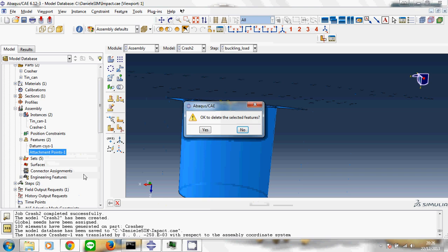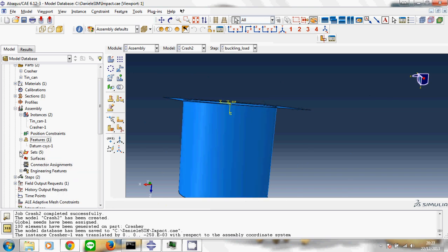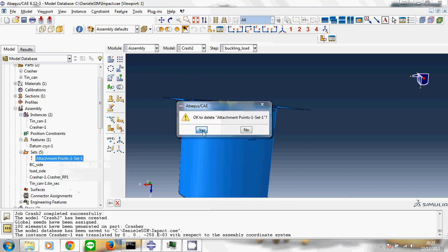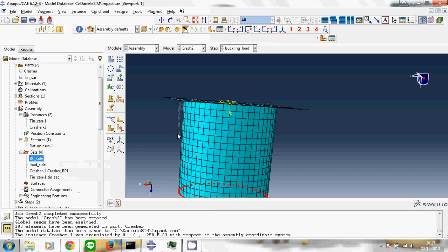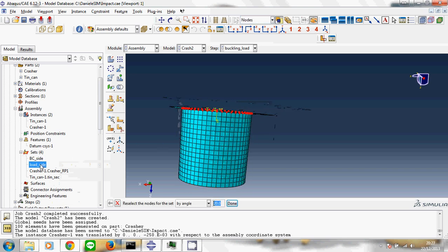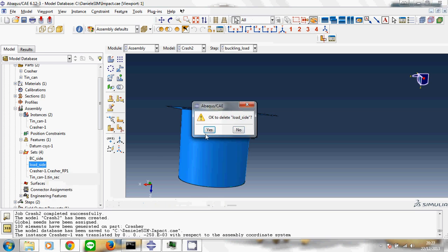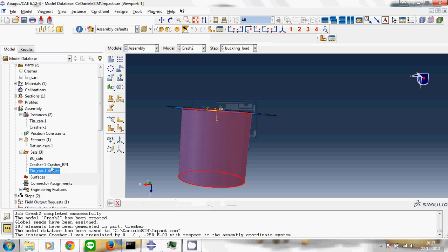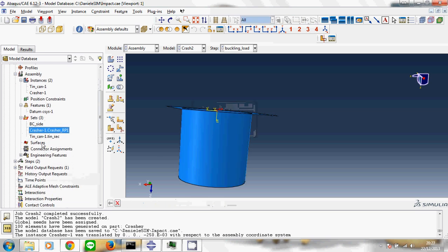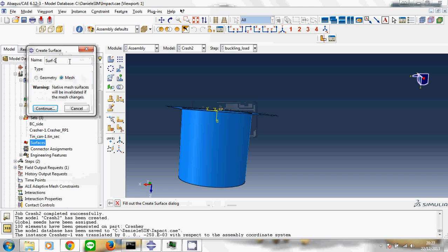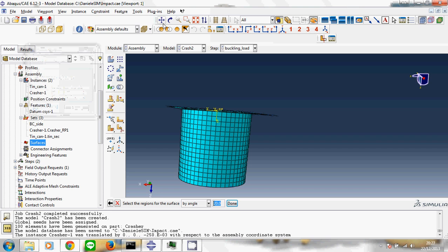Okay, we can delete the attachment point because we no longer need it. It was just for the linear buckling analysis. The BC set is important because we need it. The load set is no longer important. Okay, the RP1 is very important. Surface, the first important part. Okay, crusher surf. Okay, we have to select